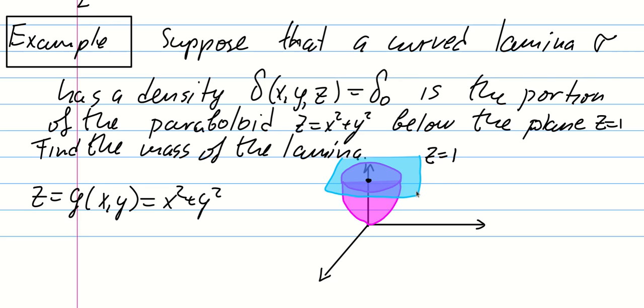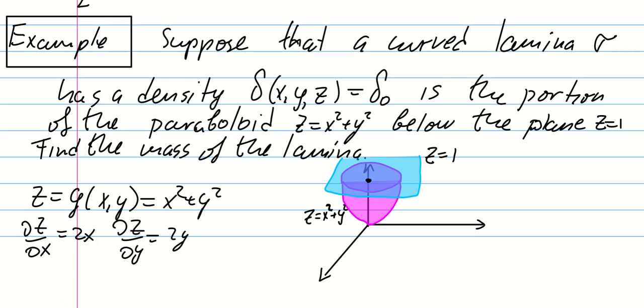Z equals 1. This is a plane z equals 1, and the paraboloid is described by x squared plus y squared. Okay, so we have our function z, then that means dz/dx is 2x, dz/dy is 2y,